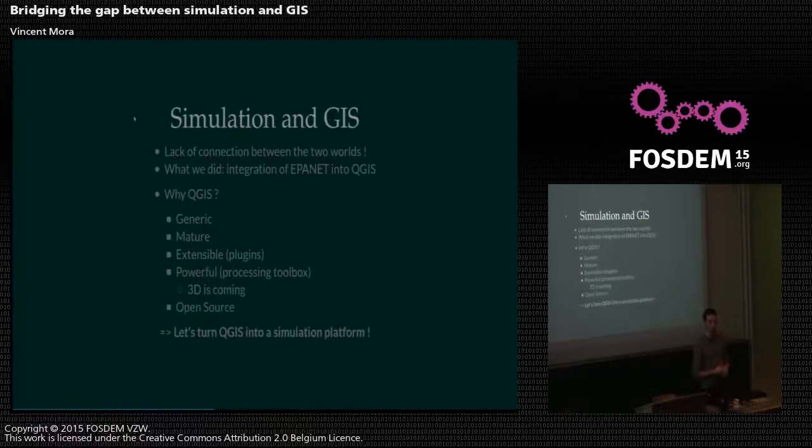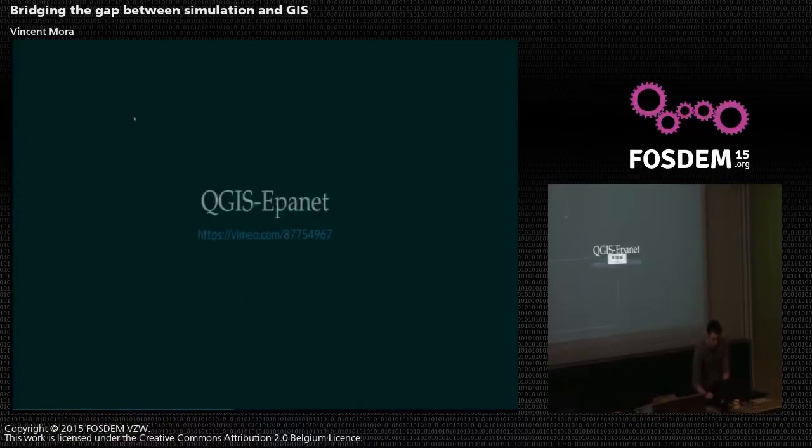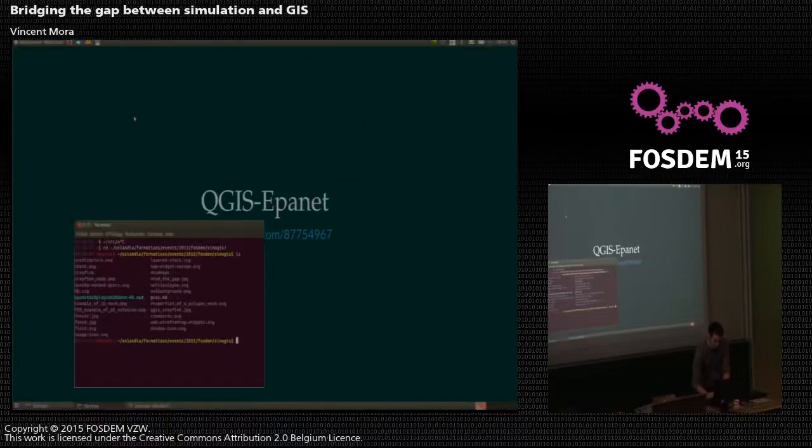And it's very powerful. We are thinking about the processing toolbox, where it's kind of a meta toolbox where you can have lots of special analysis things. The 3D is coming. We are actively working on it. And of course, it's free and open source. So our ambition is to turn QGIS into a simulation platform. So I'm going to show you a little bit of what we have done so far on this